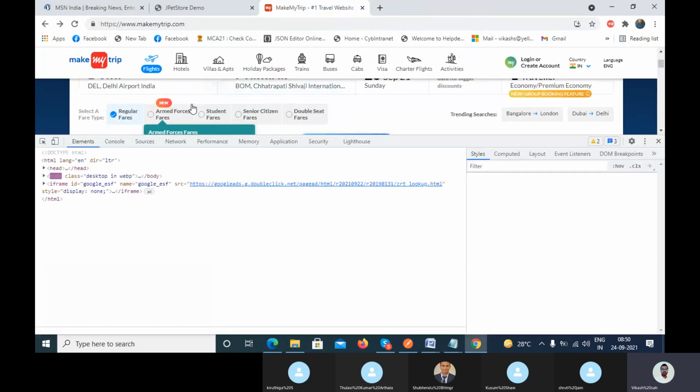Let's suppose you are working in the MakeMyTrip project on the front end side, and you want to represent this as a back end. You have not worked on the back end, but you want to say that you have worked on the REST API of MakeMyTrip, right?